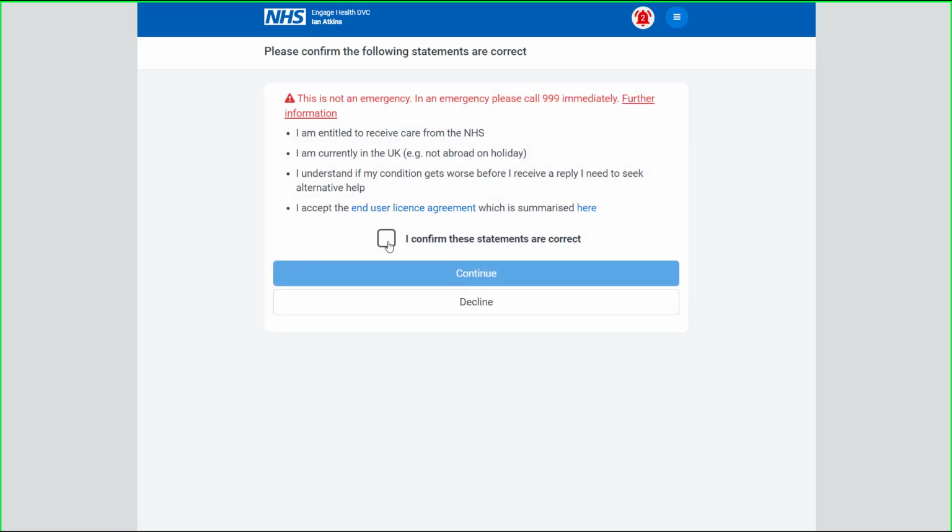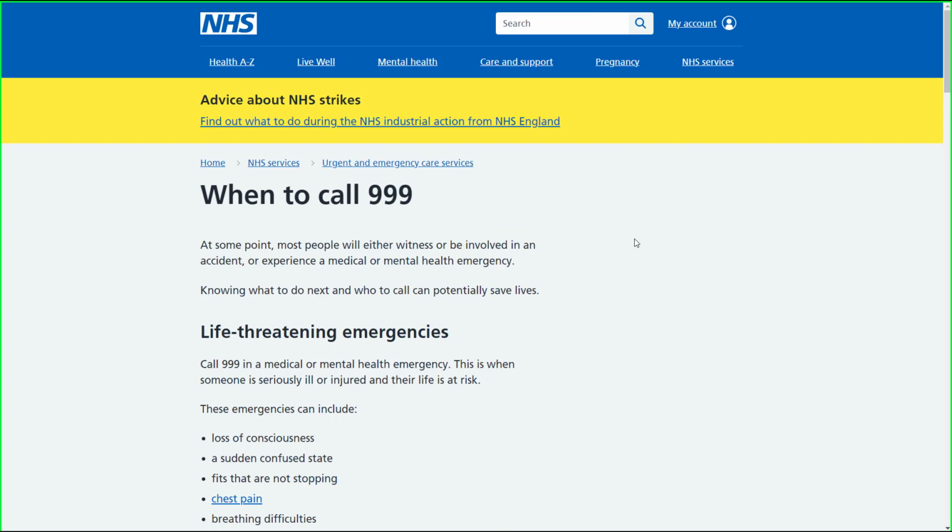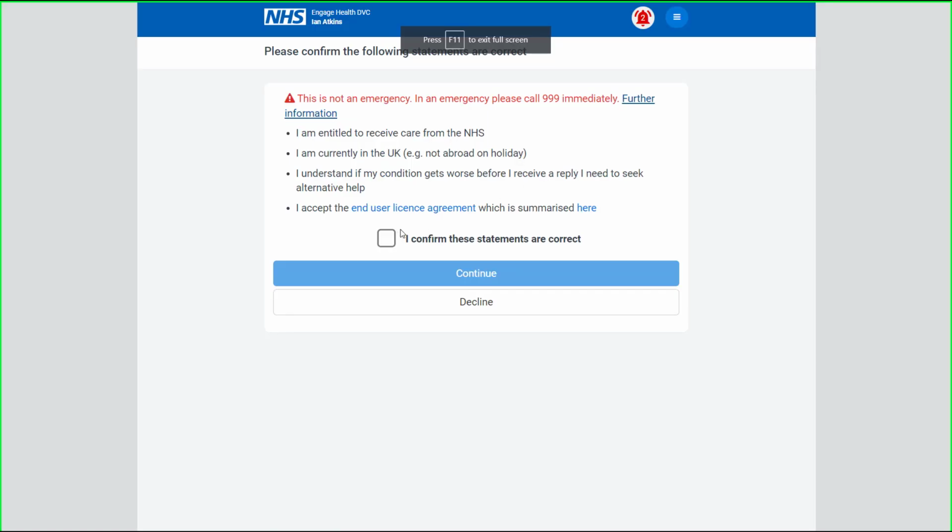So it asks me to confirm the following statements are correct. So that it's not an emergency, and in an emergency please call 999 immediately, and I can click for further information on that, which takes me to the NHS page about when to call 999. That I'm registered with the practice and currently in the UK, and I understand if my condition gets worse before I receive a reply, I need to seek alternative help, and that I accept the end user license agreement. So I'm going to confirm these statements are correct